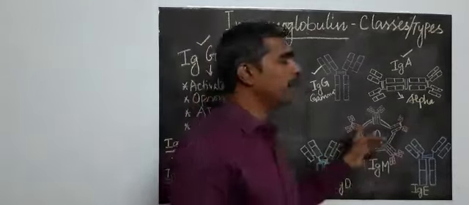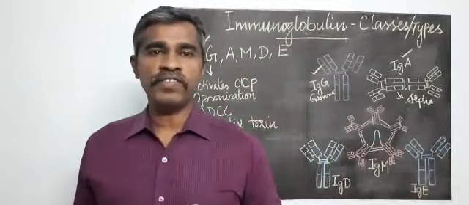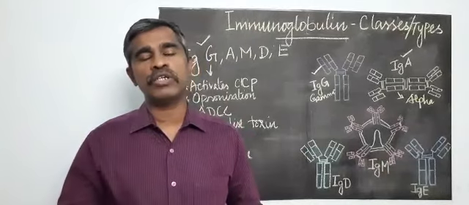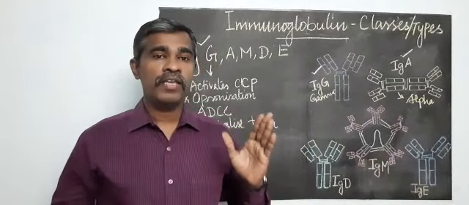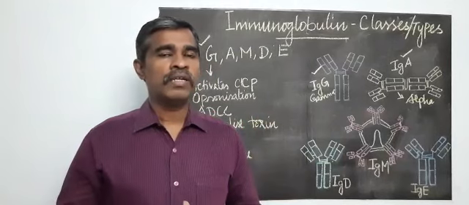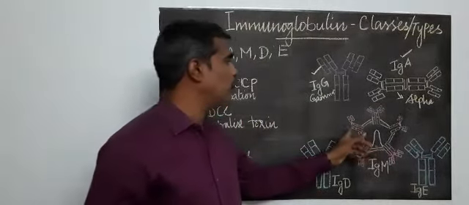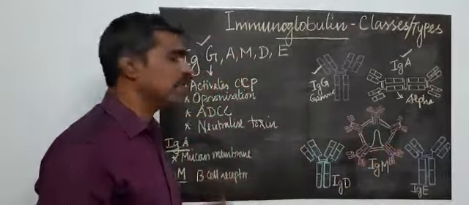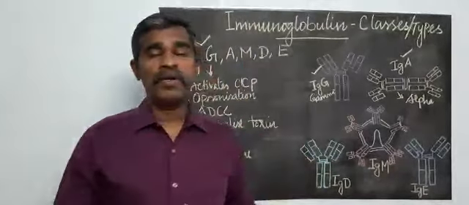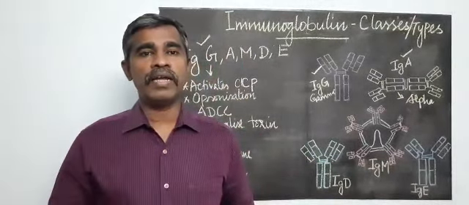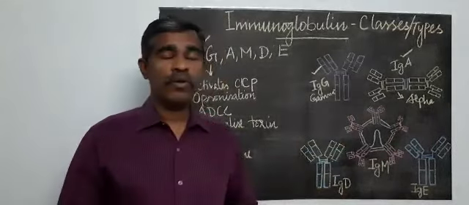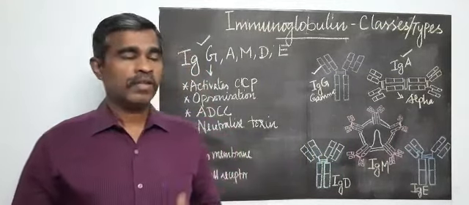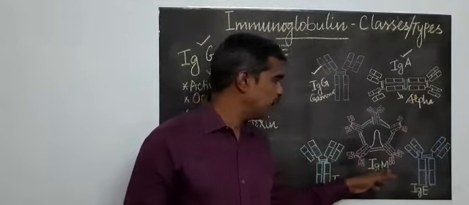So this IgM is a cell surface receptor, the receptor present on the B lymphocyte. It is a characteristic feature of the B lymphocyte, the presence of an immunoglobulin molecule on its surface. During that time, the monomer unit of immunoglobulin M will be present as the cell surface receptor. And this is very important because whenever a pathogen enters, immunoglobulin M is the one which gives the response first. Immediate response will be given by this immunoglobulin M.